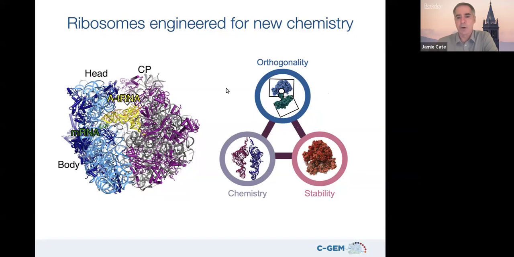And in order to get this to work, we have to think about three things. I've talked a little bit about the chemistry, but we want this new chemistry to be going on in living cells. And so we need to have this system be orthogonal to the ribosomes that work in cells. That's what I mean by orthogonality. And then, as you'll see as we go through the talk, we need the ribosomes to be stable